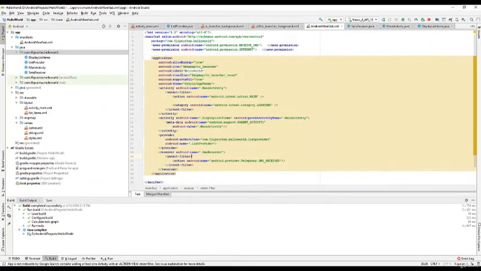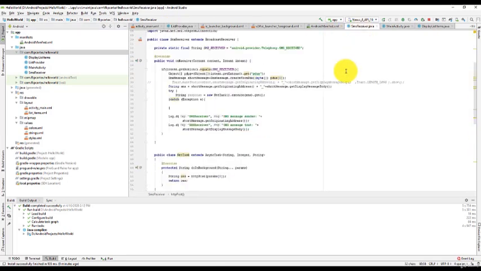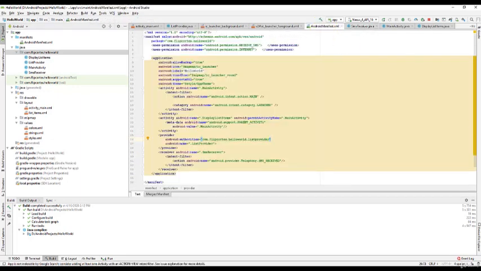So far we've seen an activity, a content provider, and a broadcast receiver. Now we're going to look at a service. You're probably familiar with services from other operating systems. The concept is similar here. You usually use a service when you want to do a long task in the background, or you want to expose features of your app in the background. We won't go into too much detail here, but we will show a basic service and how to define it.